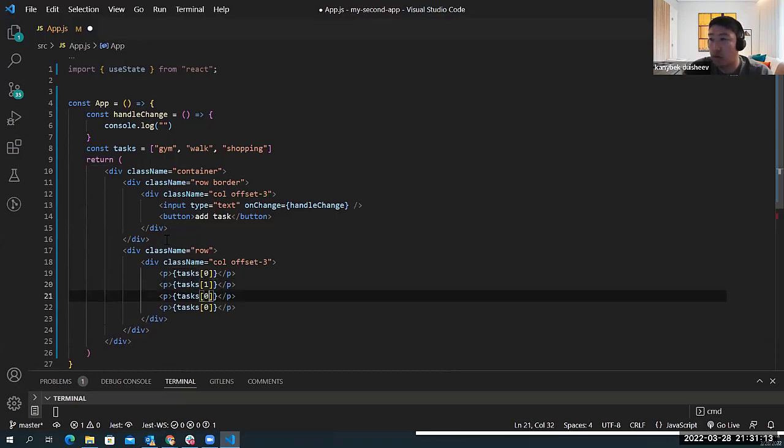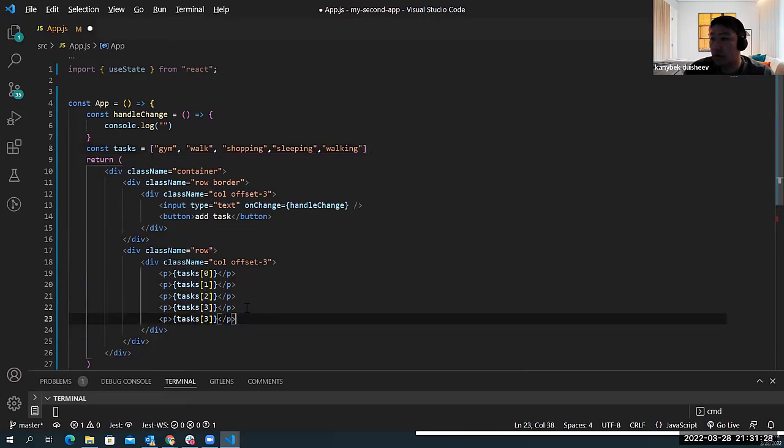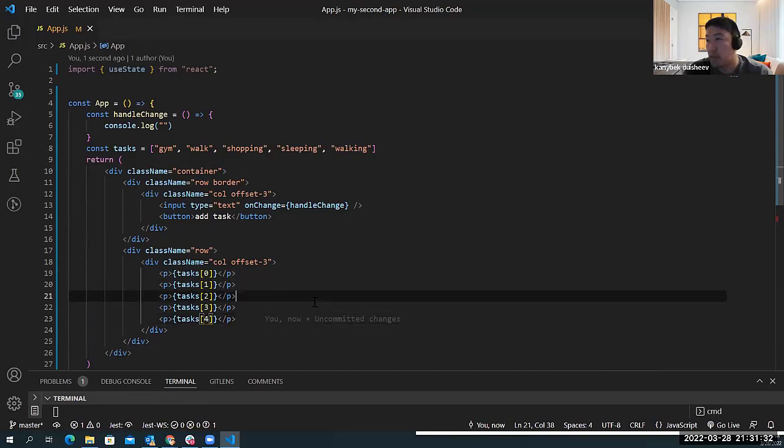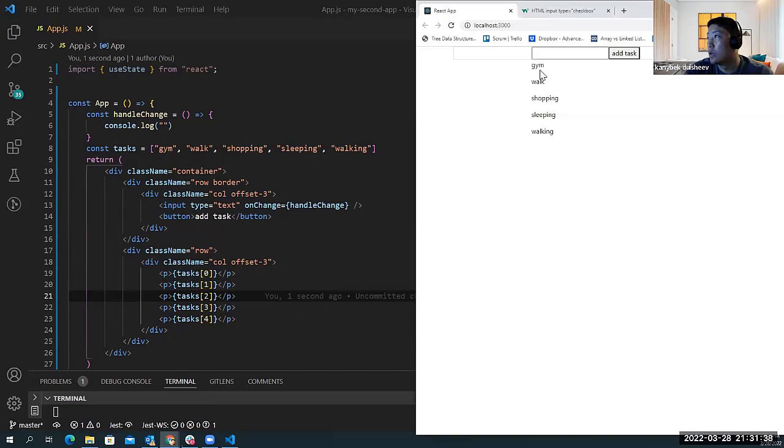And then 1, 2, 3. So do we have 3 elements? We don't have at the moment, but let's say that I'm sleeping, and then let's say just walking. How many? 5 items, so we can show them using the indexes. 4. Save it. So tasks 0, tasks 1, tasks 2, tasks 3, tasks 4 should be displayed down below here